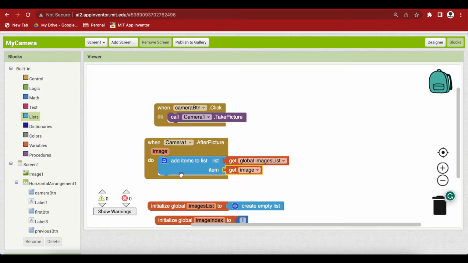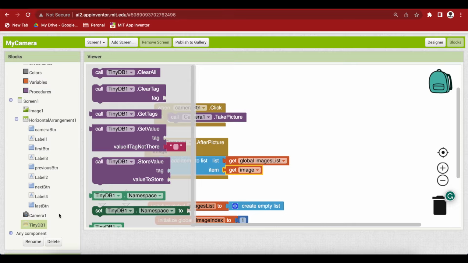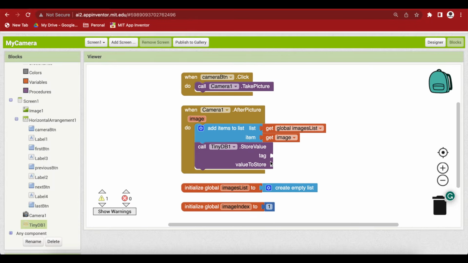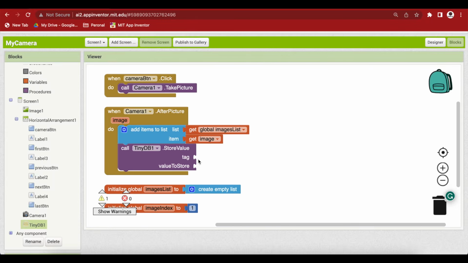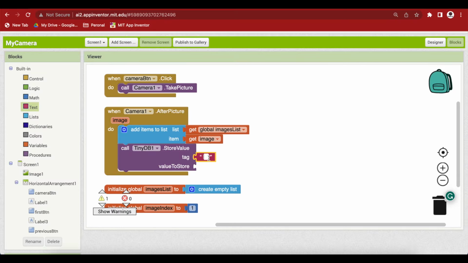We will further store this images list in the TinyDB. So, TinyDB, call store value, and the tag, we can say images here,